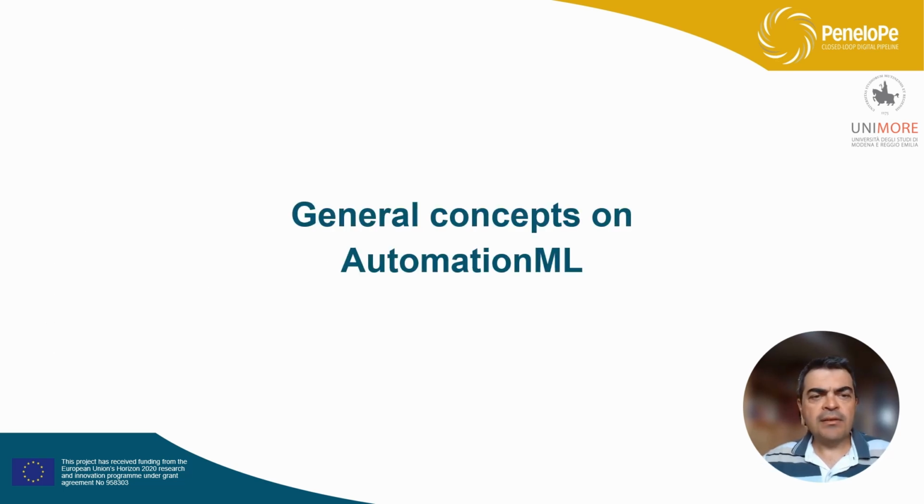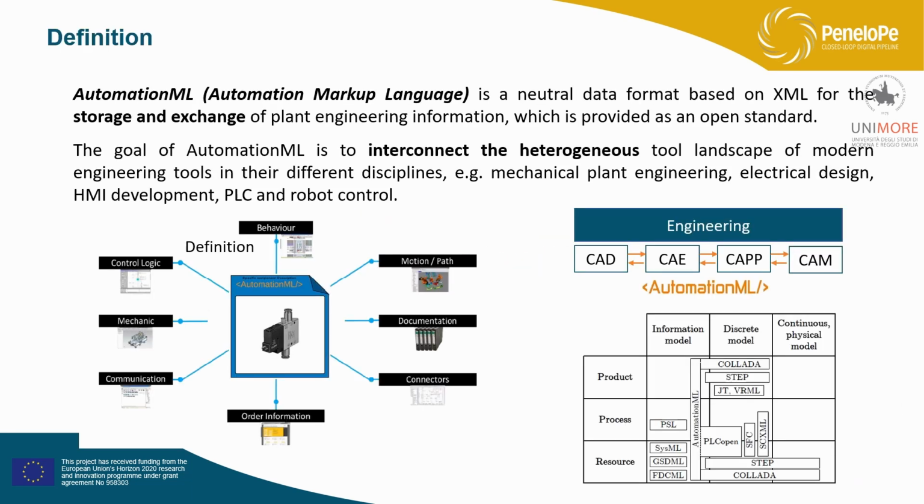So let's start with the general concepts about Automation ML. Automation ML is basically a modeling language. It's a neutral data format which is based on the well-known XML format. And the main aim of Automation ML is to store and exchange data inside automation systems. So the idea is to have a tool to allow the interconnection and the exchange of data between very heterogeneous tools that we have